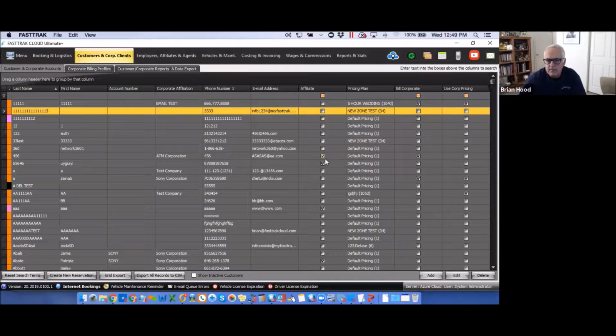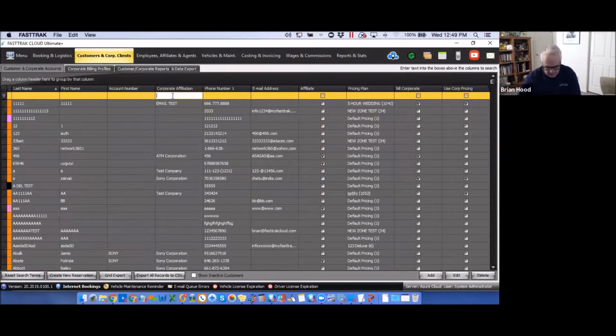Other things I can see from this grid here, this option here, the affiliate column, I can quickly see which ones of these are my affiliates, being companies, other transportation companies that would be sending me work. Now, if we go back to